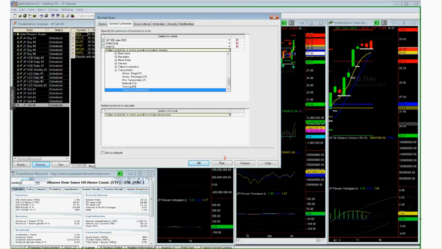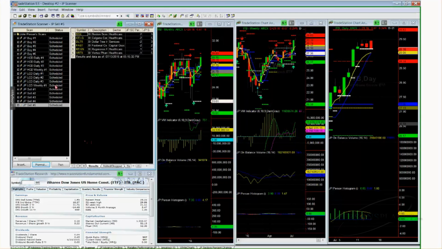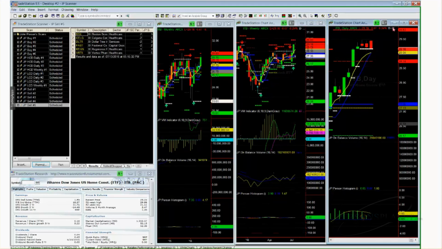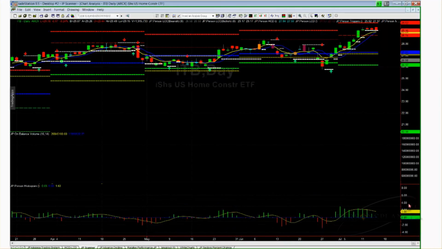I'm going to run transportation as a whole to find out, am I getting stocks with intraday sell signals? So that's how you're going to get the most out of the scans and what the difference is of scan number 5. I want intraday sell signals, for example. I want to see if I'm getting quality sell signals. Am I starting to see in the transportation sector itself